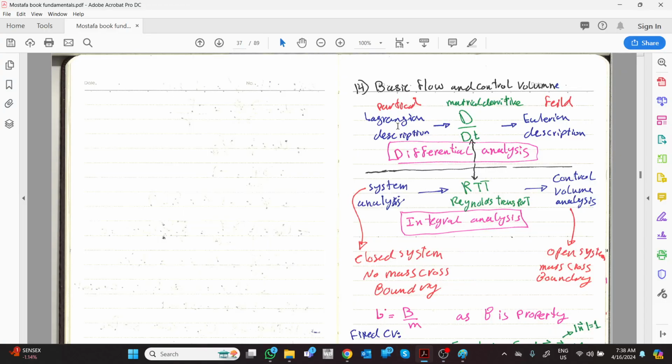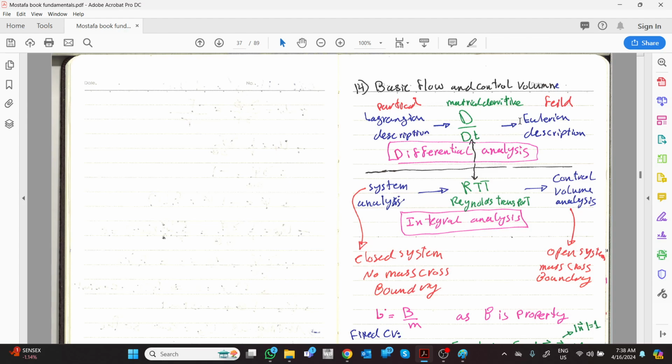Now we are going to discuss the basic flow and the control volume. We already discussed the material derivative before, which is if I have a particle and I need to check the field, which we discussed regarding the velocities and the acceleration. Acceleration is on a particle, and the forces are on a particle, and we need to convert it to fields because our velocity equation is in fields. Okay, so we use the material derivative to convert from Lagrangian